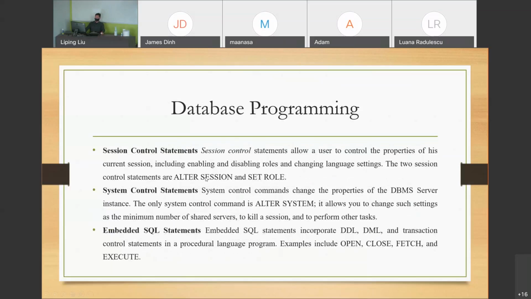And then there is also session control. A session is what exists every time you log into the database, until you log out. You can have session control statements like alter session or set roles to set up the parameters for the entire session to follow. For example, enabling or disabling roles or changing language settings. For example, I log on and for this particular session, I want to change everything to Japanese or some